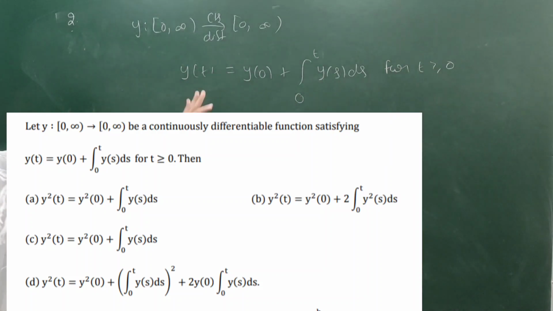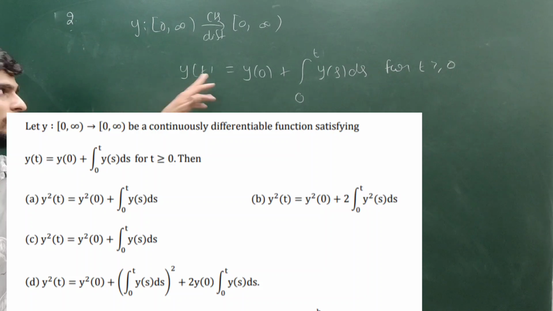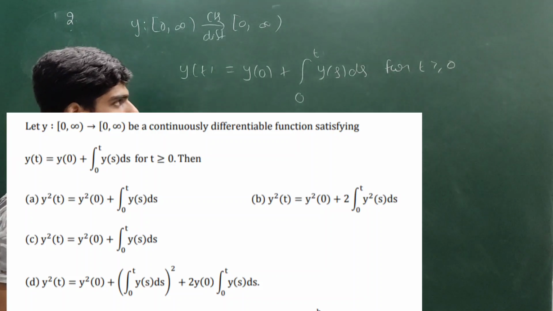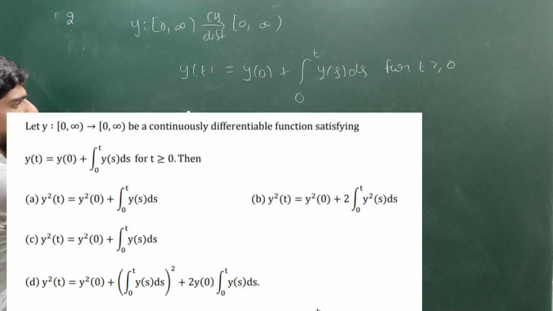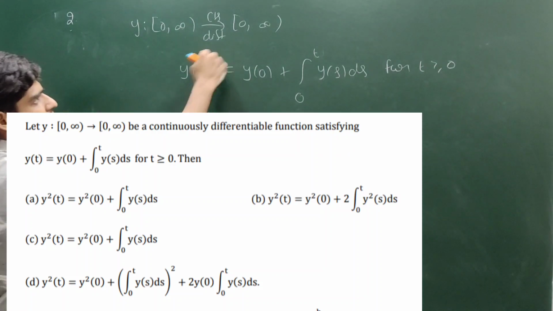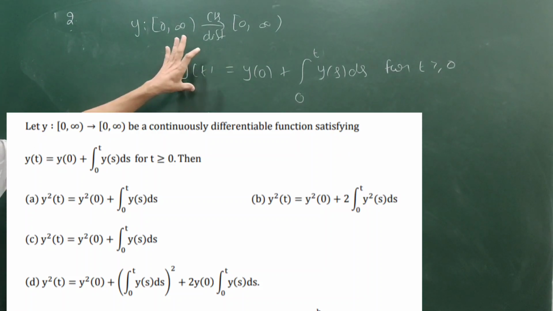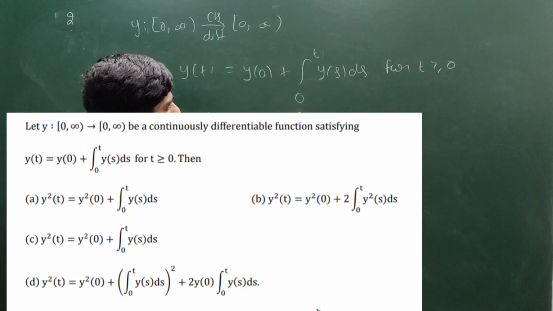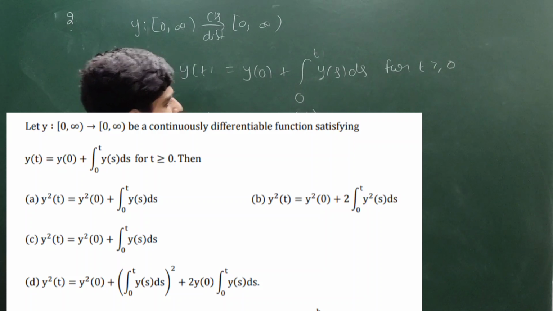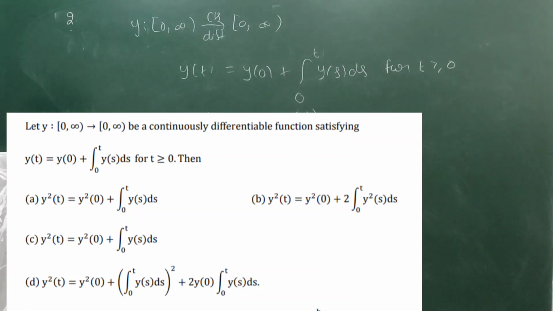If you are not comfortable with the variables t and s, you can change this into x and t variables if you are comfortable in that. See, if you go to solve by the Volterra integral equation, it will take time. But if you convert this equation into a differential equation, you will get the result instantaneously. So if you differentiate, because they have given that the function is differentiable, you can make use of that property. So y dash t will be, this is a constant, and it will give you y(t). So this is a first order differential equation.